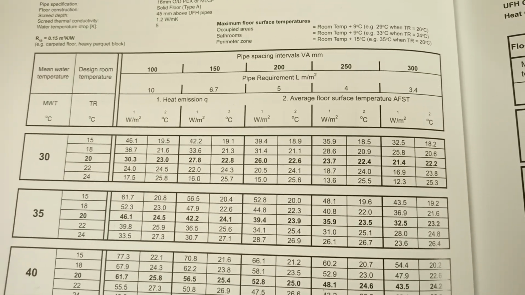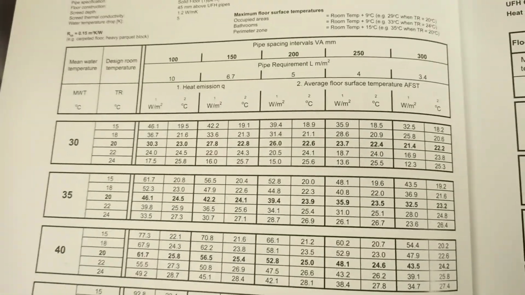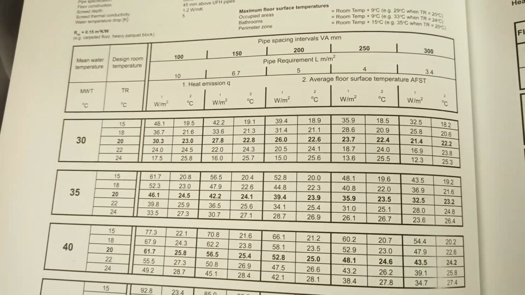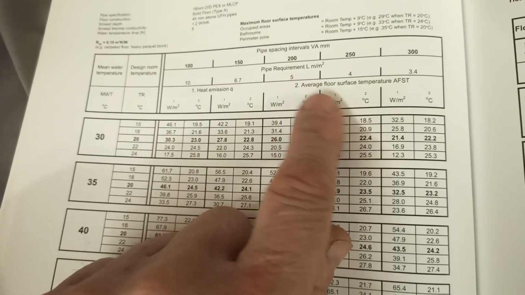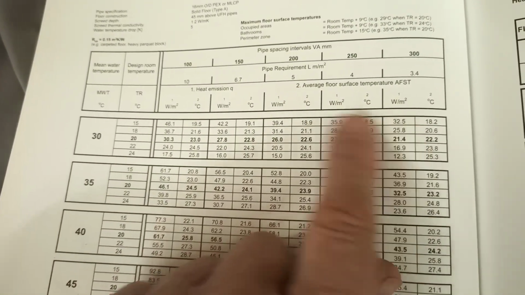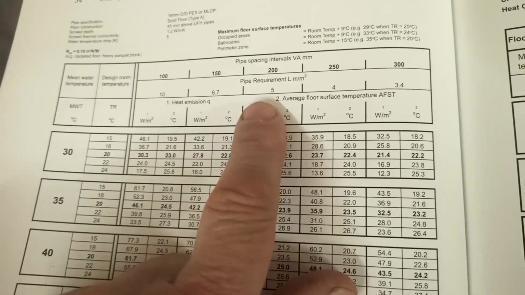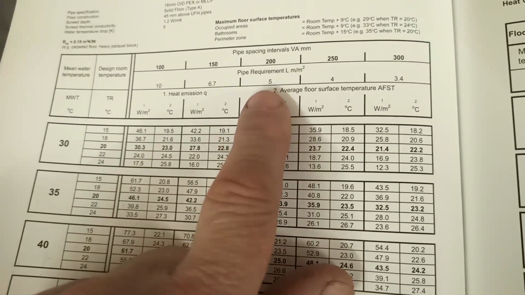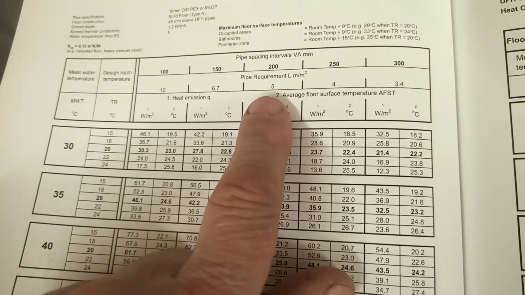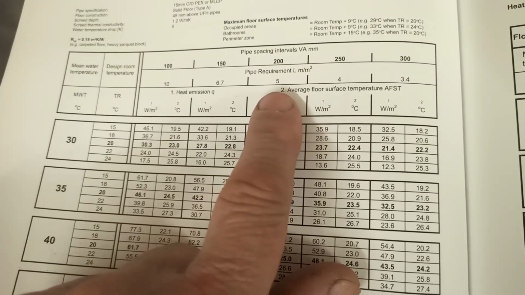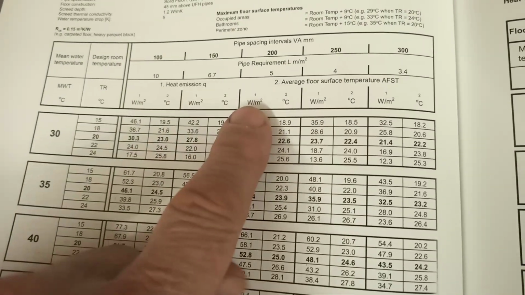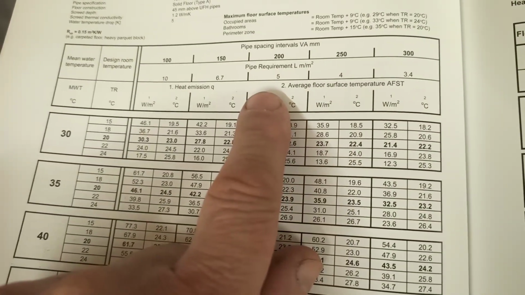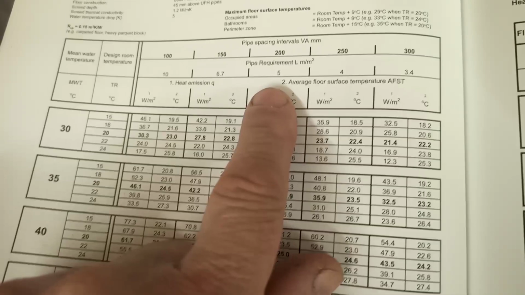So I hope that helps. I think it's not totally clear and people are struggling a little bit to get the concept. But generally, if you've got a design coming in and someone's telling you 200, well, not many people tell you 250 or 300, but if someone's recommending 200 spacings, I would say it's probably worth having another look at who's designing the system, unless they're specifying different centres in different rooms.